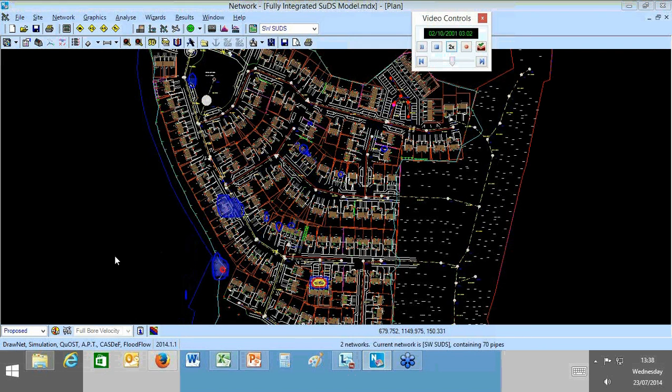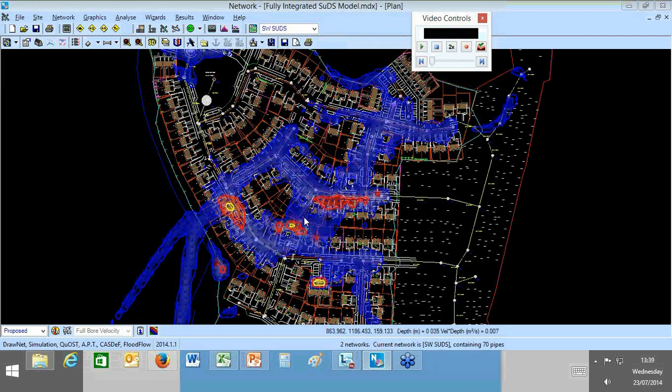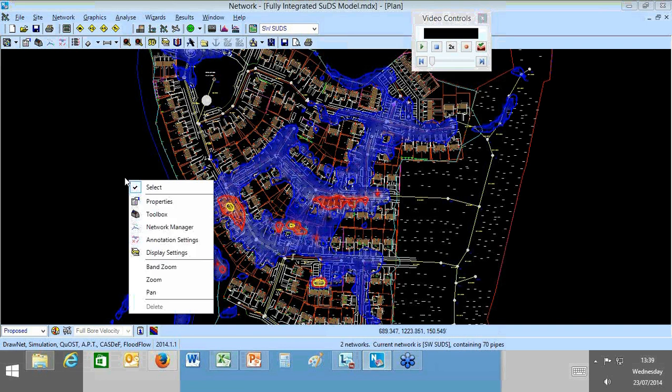And the colors are important in terms of depth ranges. So just slide this on to the end. There we are. So there's our maximum depth of water. The color of the grid square, remember it's a 2 meter by 2 meter grid square, is telling me the maximum depth of water that has flowed across that grid square through the duration of this particular event, which is the 50-year, 1 hour storm duration with 200% additional rainfall intensity added to the hyetograph. And if I right click on the mouse and look at the display settings,